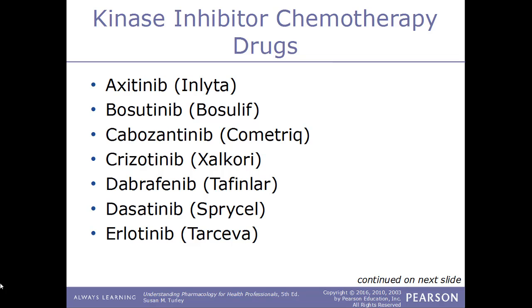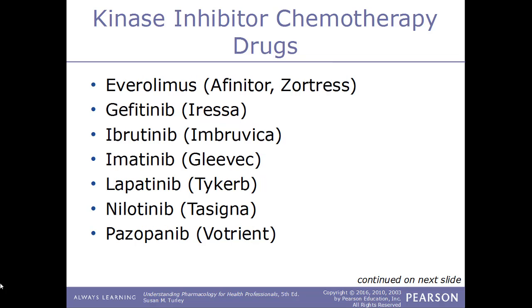There are many examples of kinase inhibitors. Some of them include exitinib, known by its trade name Inlida, bosutinib, also known by its trade name Bosilif, cabozantinib, known by its trade name Comatric, crizotinib, known by its trade name Xalkiri, dabrafenib, known by its trade name Tafinlar, dasatinib, known by its trade name Sprycel, erlotinib, known by the trade name Tarceva, everolimus, known by the trade names Zortress and Afinitor, gefitinib, known by the trade name Arissa, ibrutinib, known by the name Bruvica, imatinib, known by the